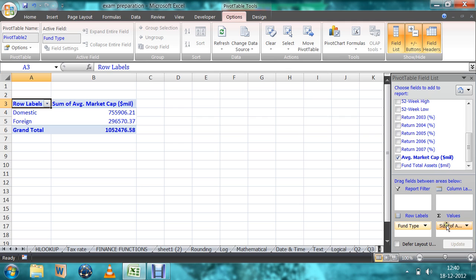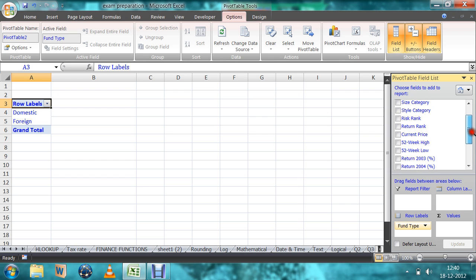If you click here, it will automatically remove. If you want to see in domestic funds how much there is for large, medium and small funds, you can post it in columns, that is size category.